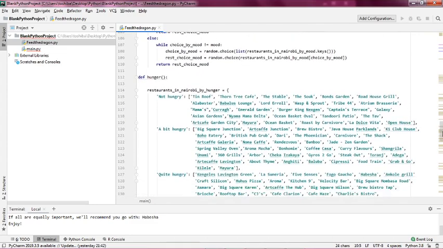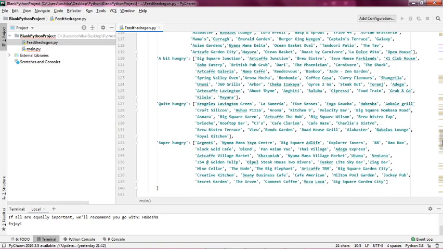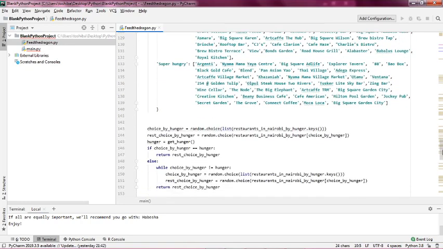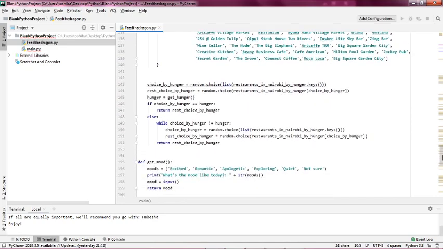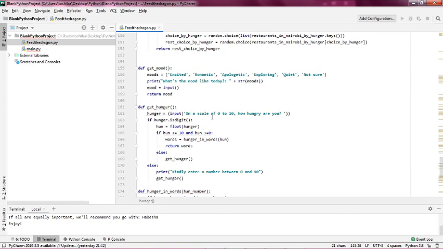The function hunger has a dictionary of restaurants which are by hunger, right? So when you're not hungry, which restaurants can you go to because of the portion size, and so on, the usual. But then by hunger has this part where hunger is the input from the function get hunger. So when we call the function get hunger, we ask the user, on a scale of 1 to 10, how hungry are you? And if the input is a digit, we're going to make it a float, and if the float is between 0 and 10, we will return